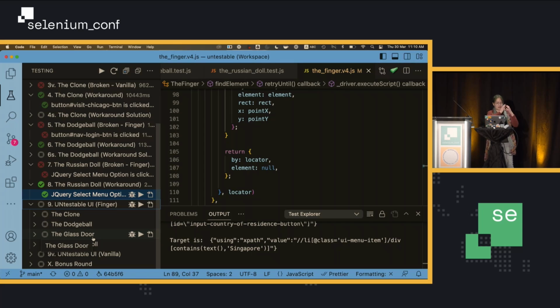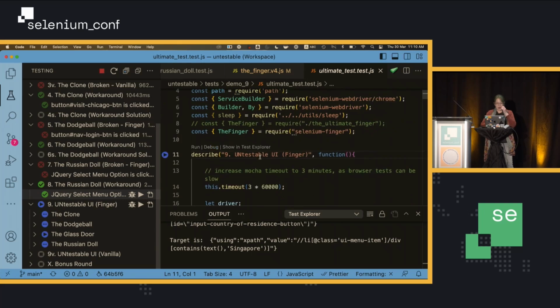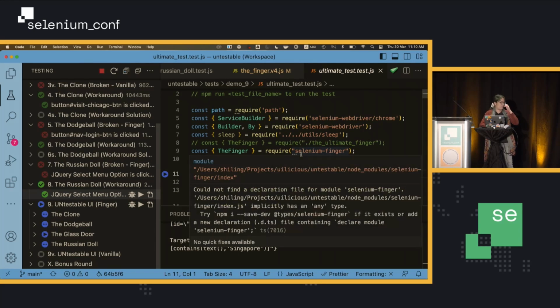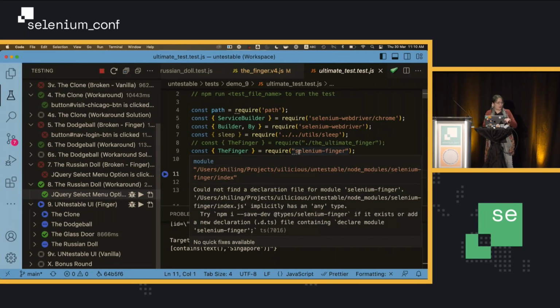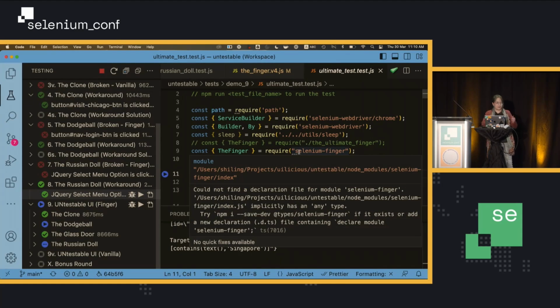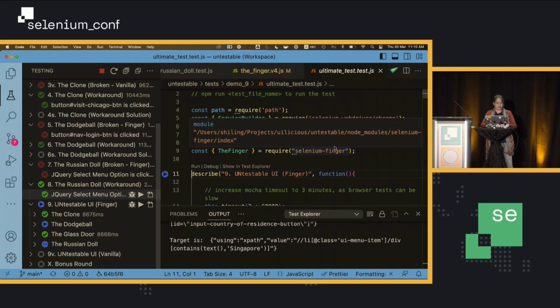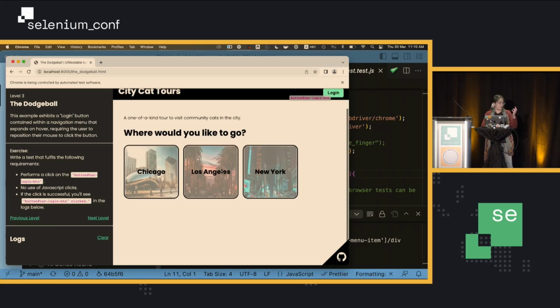and to make sure that the final ultimate finger works, we're going to run one final test that combines all of the tests together. And this code, I have open sourced it, so you can go to GitHub and search for Selenium Finger. And if you want to fork it and make a Python version of the Finger code, or you want to expand it to WebDriverIO or Watir, you can have a look at the source code over here and try to modify it to your testing tool.